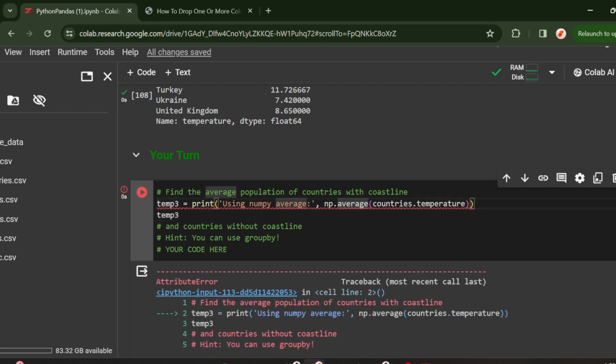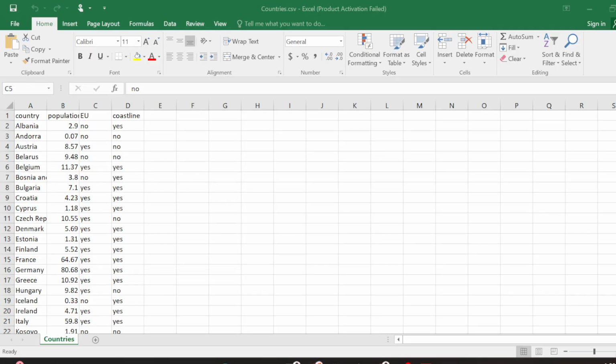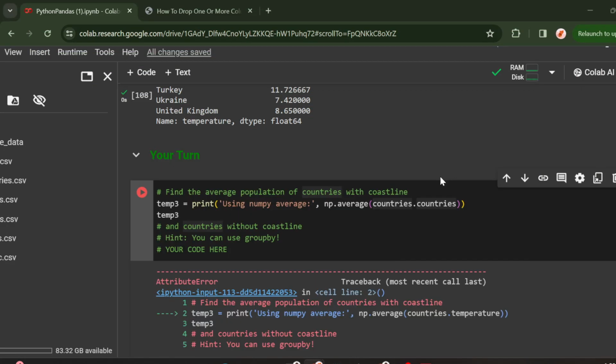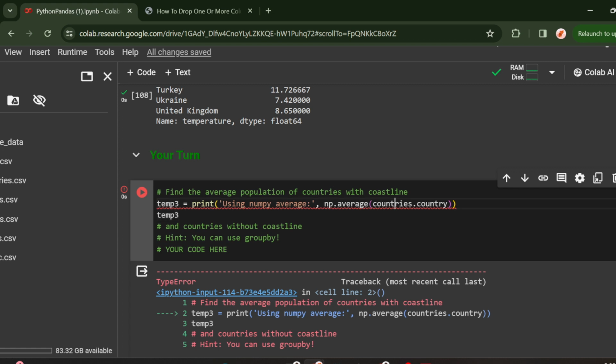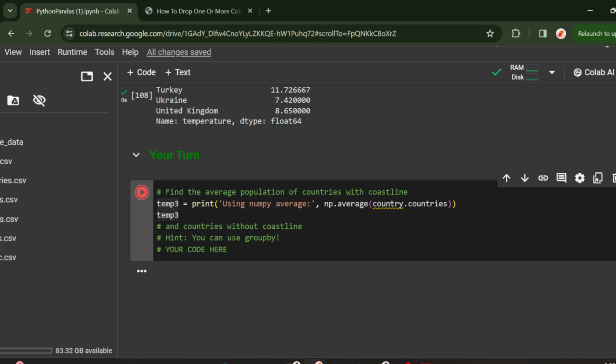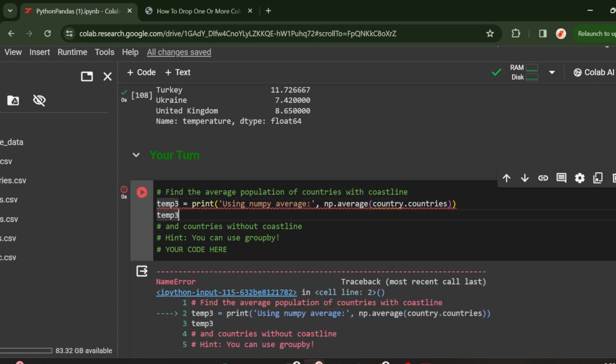Using group by average, countries dot. We do not have temperature. We have to find the countries. Countries dot countries, I don't know. Is there any country? It's a country. I don't know the average of the country. So we have to first of all